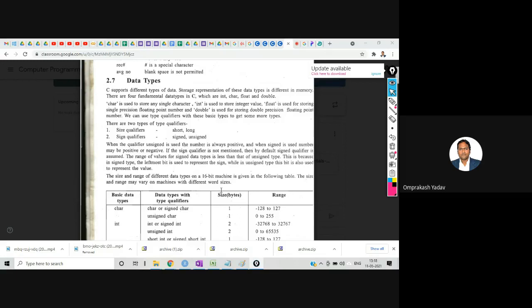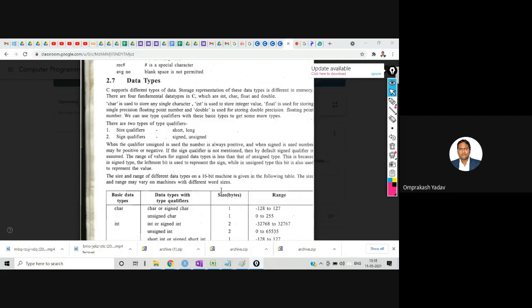For example, whether you are storing fractional values, character values, string values, or an integer value. How will we come to know which kind of data you are storing? With the help of the data type which we specify before that particular value.